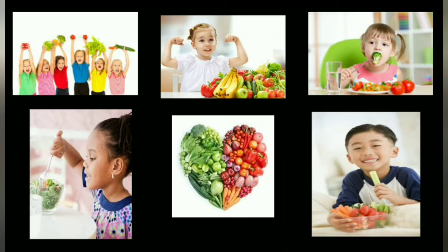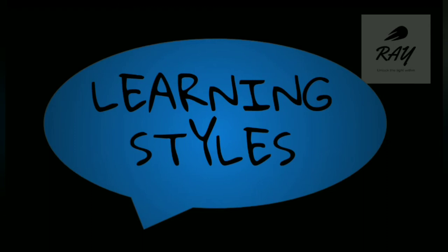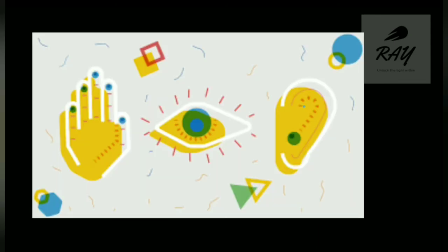And the next pointer is about learning style. In my previous video I did discuss this in detail, that learning style is something we call the preferred way of learning. So each child will have their own unique way of learning things. Okay, and it is very important you identify their preferred way of learning, and if you are able to incorporate those kinds of activities into the teaching learning process, then the whole process of teaching becomes much easier. So there are mainly three components.